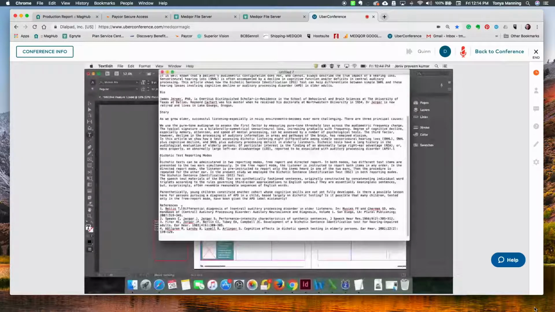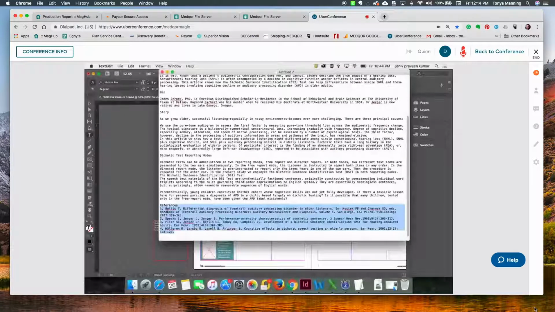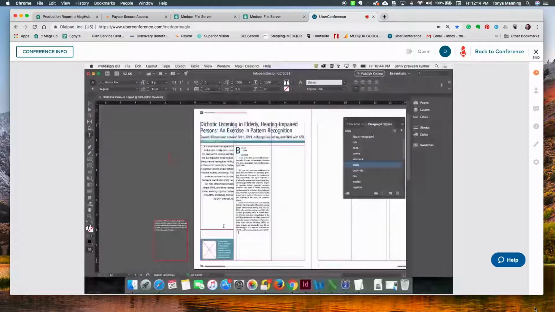And then, for example, if you wanted to put references in and style them from the style palette. So let's say I have some references that have to go into the article, the layout. So I just copy the text, I come back into the body text box, I'll paste it, and on the Windows menu,